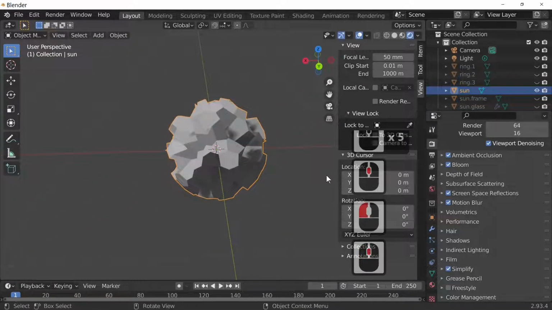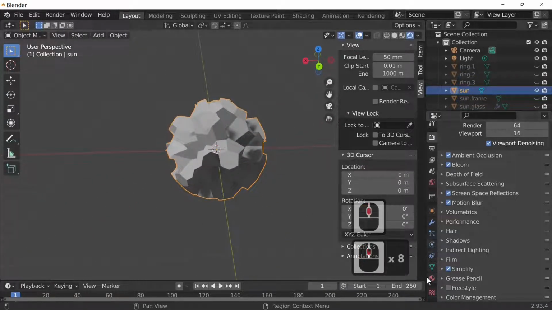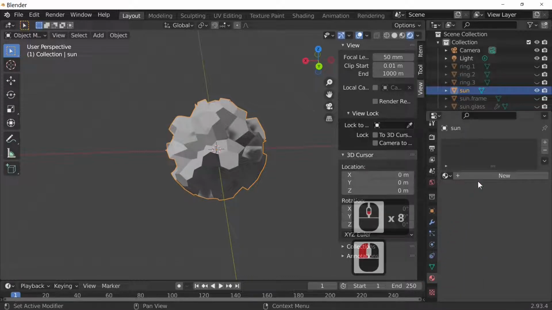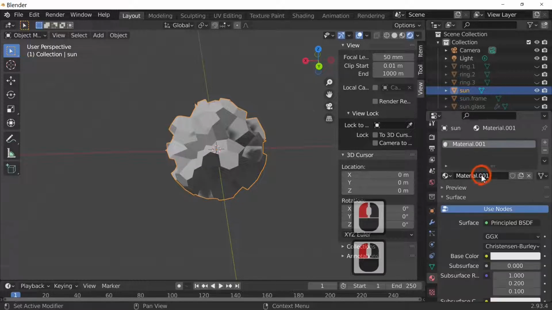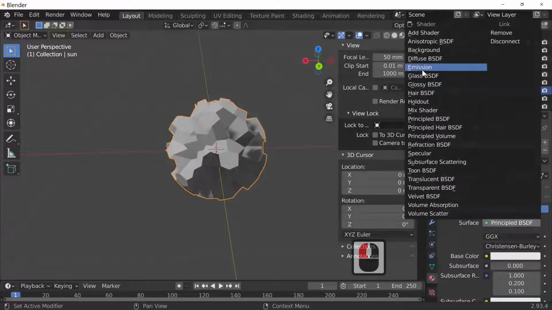What we need to do is add our material for our sun. So we go into the actual materials properties tab down here, and I'm just going to press new material, and we're going to call this sunbeam or sunlight or whatever you want to. I'll call it sunlight because it's going to be the actual sunlight. So go into your principled, and what we're going to do, you've got all sorts of different ones. We're not going to use the principled shader, we're just going to use the emission shader.